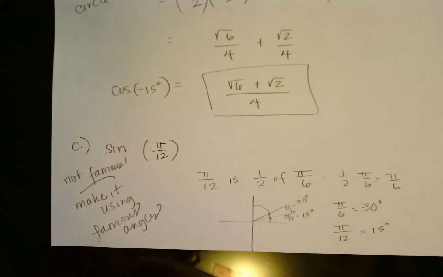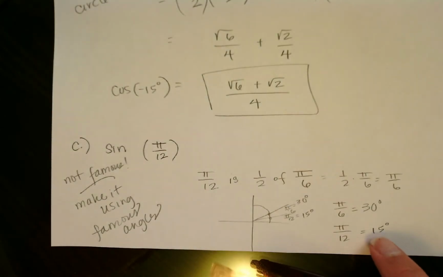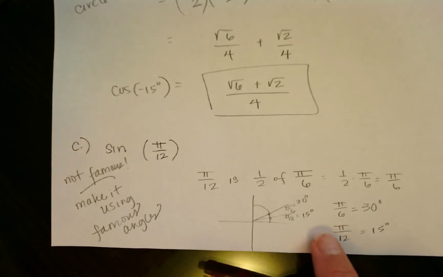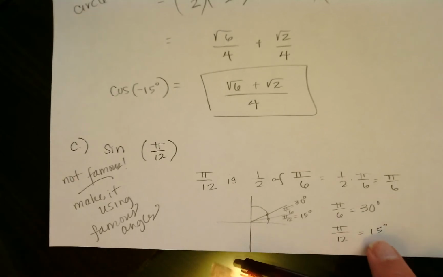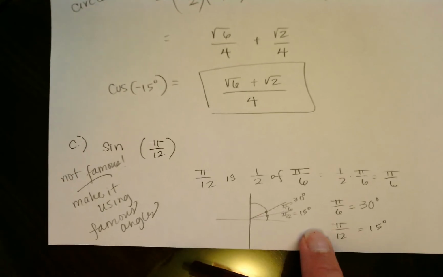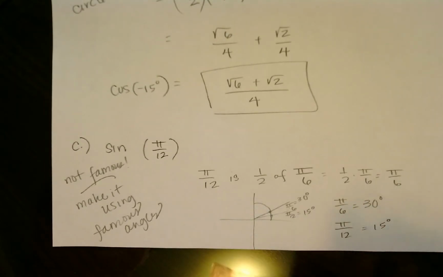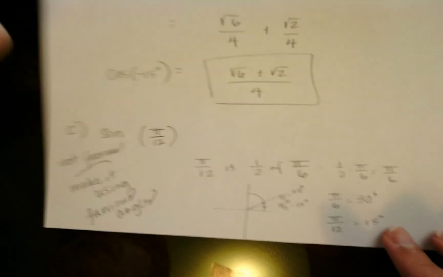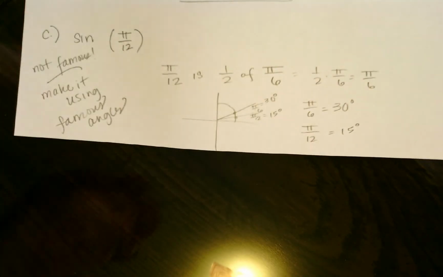So it's like, okay, and why do we need to know that? Well, now that we know that, it's easier to try to add up to get 15 degrees or 105 degrees, adding whole numbers, subtracting whole numbers, than trying to add and subtract fractions and get pi over 12. I'll say that again. It's easier to add or subtract whole numbers and add up to get 15 or subtract to get 15 than to add or subtract and work out to get pi over 12 using famous guys. So that's why I turned it into a degree. Alright, so what we're trying to really find is,